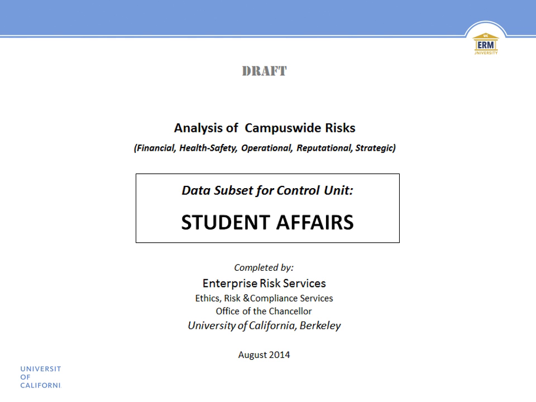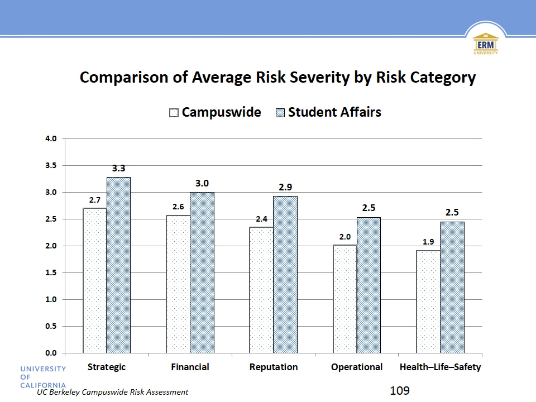Because the Vice Chancellor may look at these results and say, that doesn't look right, let's talk about this. Or may say, that looks absolutely dead on, let's talk about this. So we're doing this exercise now where we're parsing it out and want to have a conversation. And we can do things like comparing campus-wide risk severity under strategic, financial, and so on, campus-wide